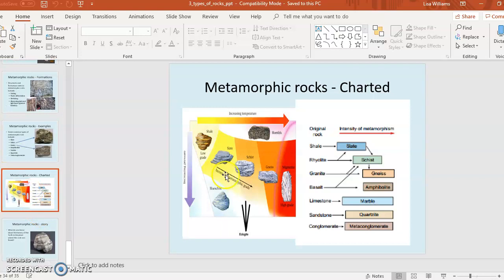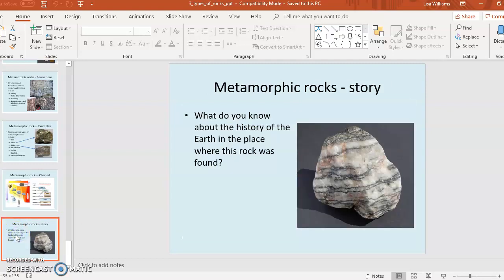So metamorphic rocks, you see them on the chart here. The intensity of metamorphism, it shows a lot of the arrows. You can press pause and study the chart a little bit. It also shows, depending on the layer and how deep or how close to the heat, different kinds of metamorphic rock. So looking at these three helps us review the different kinds of rocks that you have learned about in